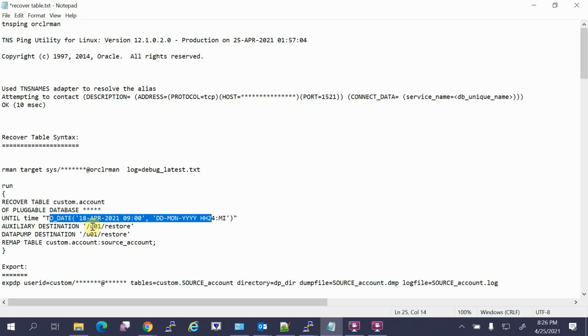Those who worked on tablespace point in time recovery, it is almost similar to tablespace point in time recovery, but they have automated so many things. Auxiliary destination, data pump destination, I want to import it in a different table. Okay, so this is the command you have to execute. Basically, you just need to be sure about this one. Other than that, everything is straightforward.